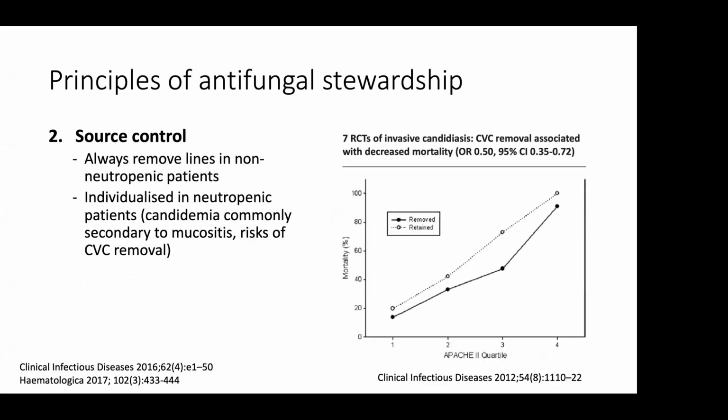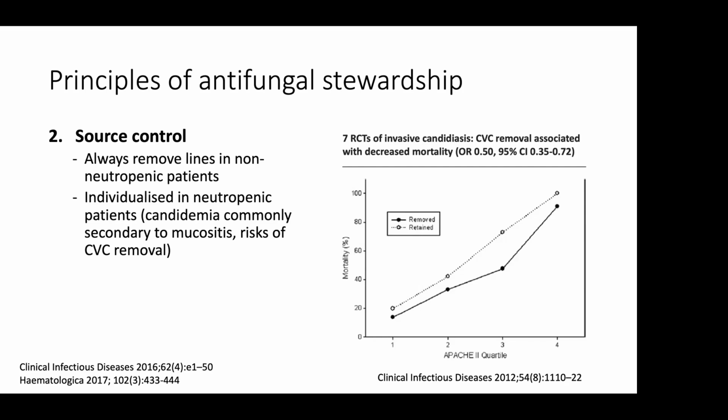The second principle, which I'm sure people are all aware of, is the importance of source control. And this differs slightly for neutropenic versus non-neutropenic patients. So the guidance is in non-neutropenic patients to always remove lines. How do you know that the line is implicated in invasive candidiasis? Well, it's very difficult. What guidelines recommend is that there's a 5-fold increase in the CFU count compared to the